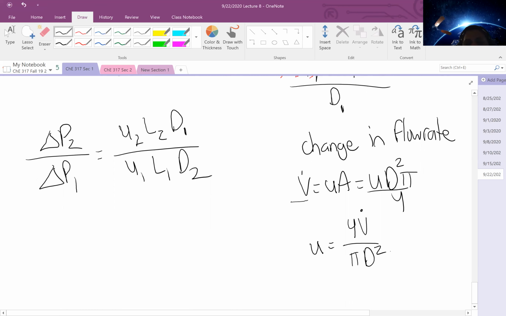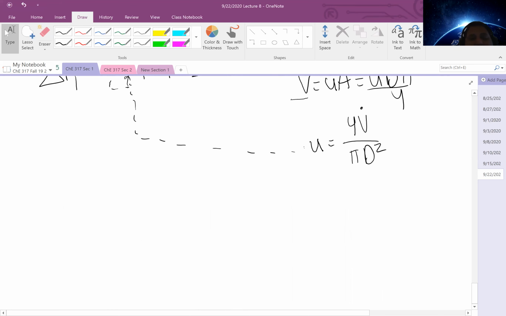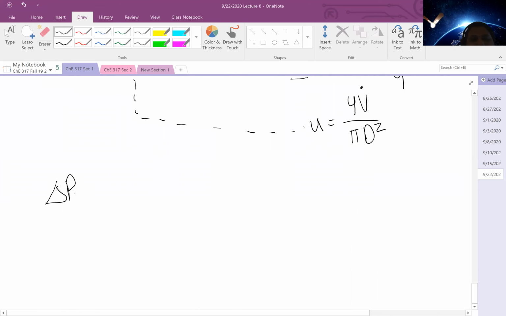If I do this, I can then sub my 2 flow rates for both my velocity 1 and my velocity 2. So if I do that, I end up with an expression that says delta P2 over delta P1 is equal to